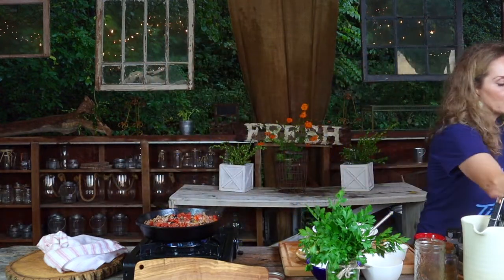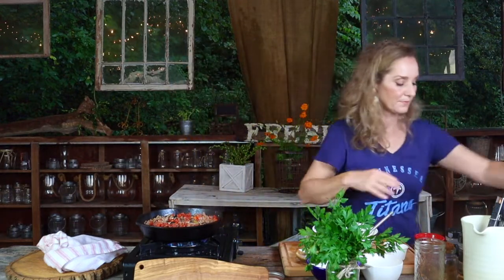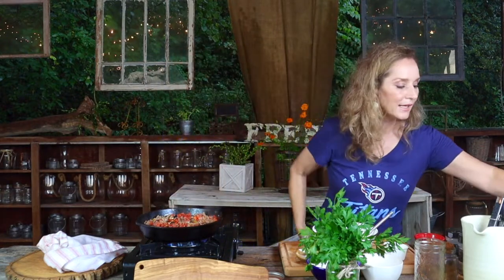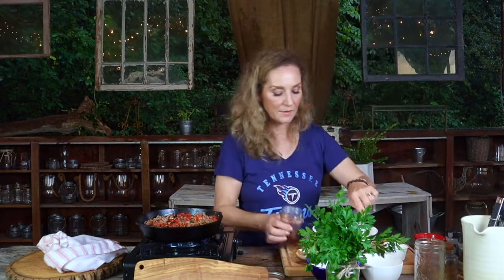So what I'm doing is I'm just letting this sizzle together. Now to that I want to add some pepper flakes, just to give it a little more heat. And then I'm going to add some smoked paprika, just to give it a little bit of smoky flavor. Now, to my pepper mixture. This is my